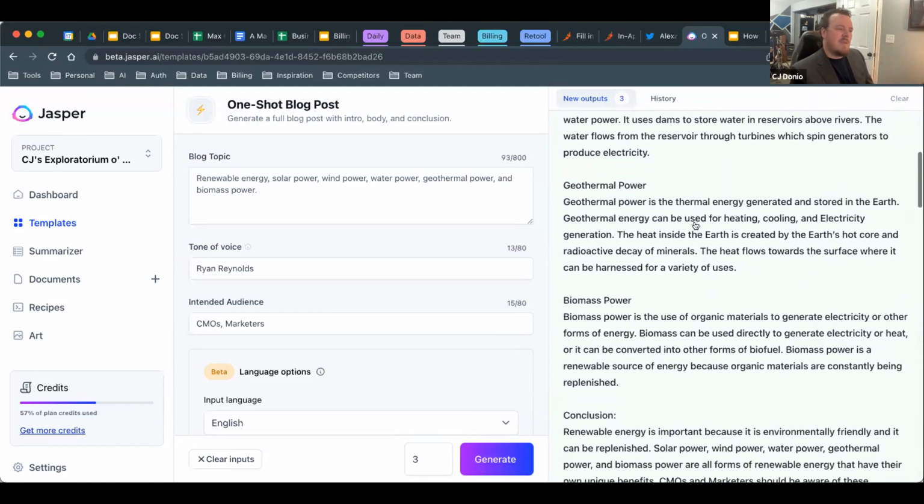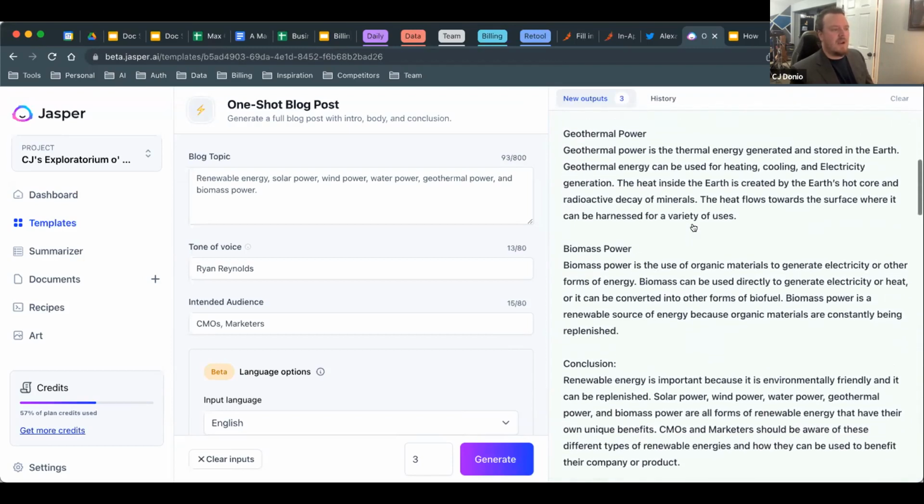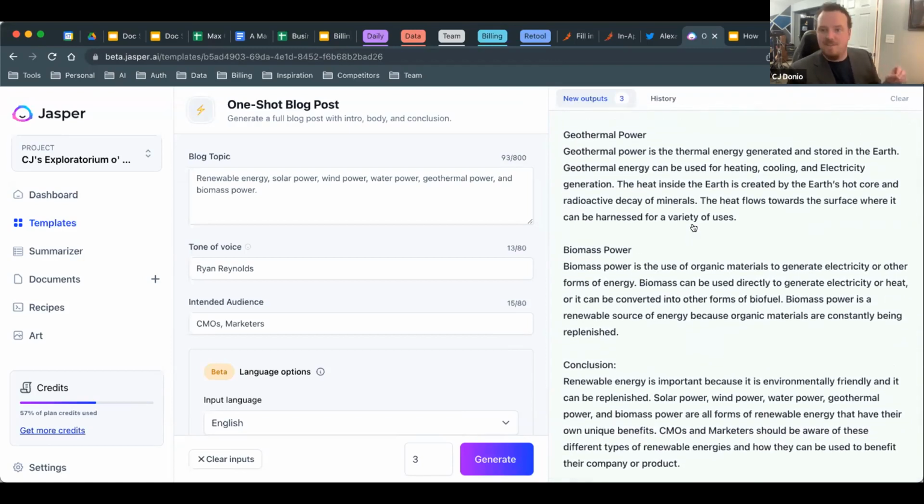And so maybe I could even just use this to compare to what I wrote. Is it as good, right? So you can see here, you can get a very structured blog post too, with just minimal input. Now, again, I would caution you, don't think you're just pushing a button and then I just go and post this. We want you to contribute to this. We want you to work with them and riff with them.